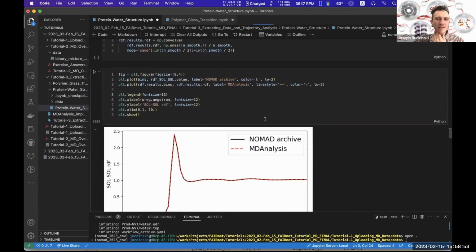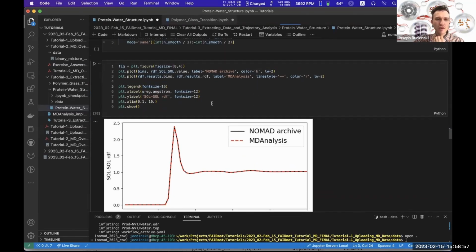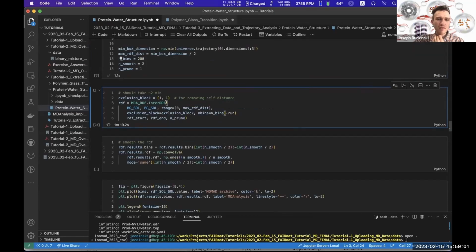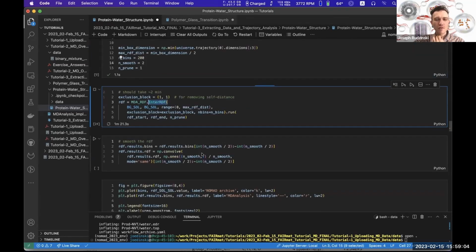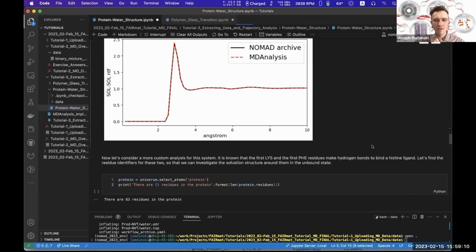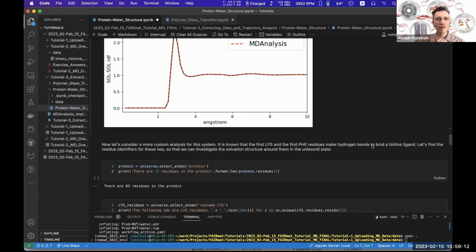So anyway, it's not even important. I should have executed it. Basically, I'm just showing if I can use this built-in function in MDAnalysis, this iter RDF, to calculate the RDFs, and then I get the same answer, fine. But that's the basic idea of how I would take this archive data and